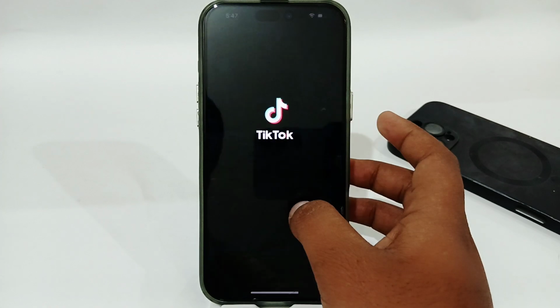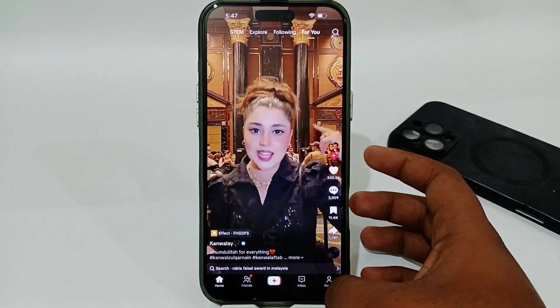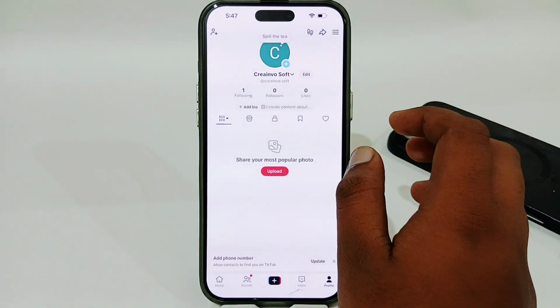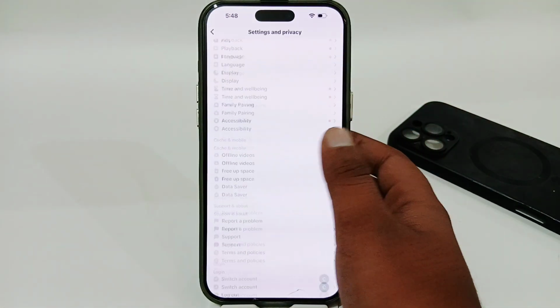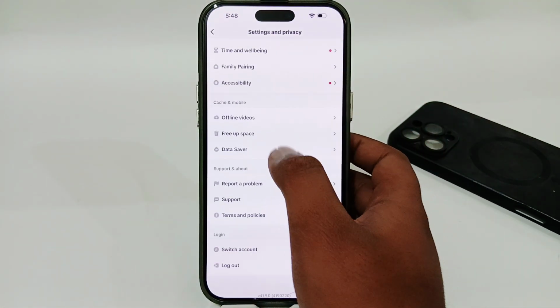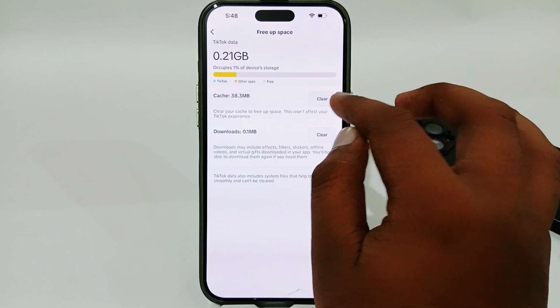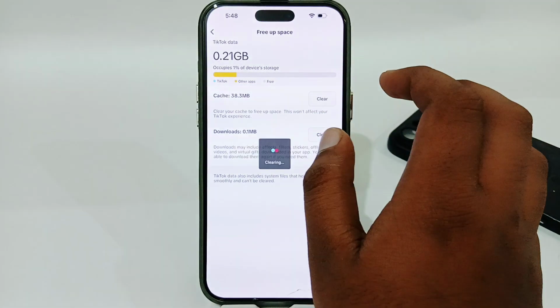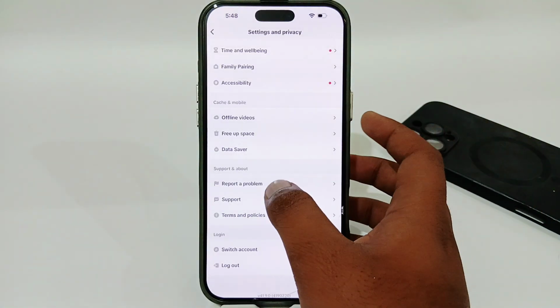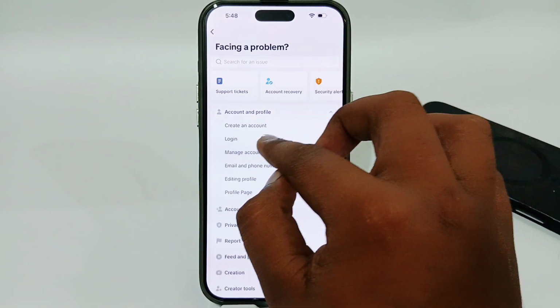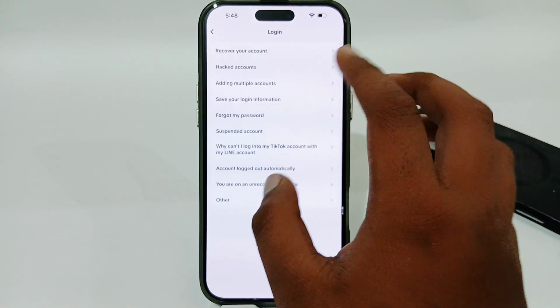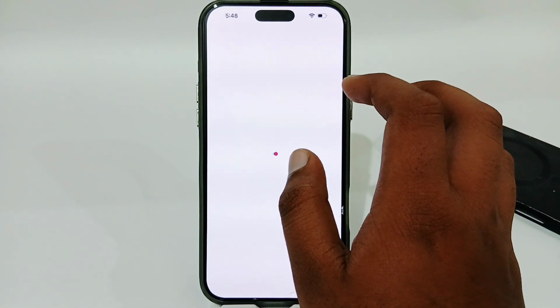Then you have to open your TikTok app and tap on your profile in the bottom right corner, tap on three dots in the top right corner, go to settings and privacy, and then select the option of free up space, and then select clear and clear all the cache from here. Then go back, select report a problem, select account profile, select login here, select other option from here,